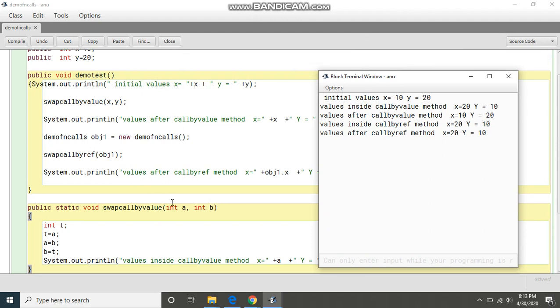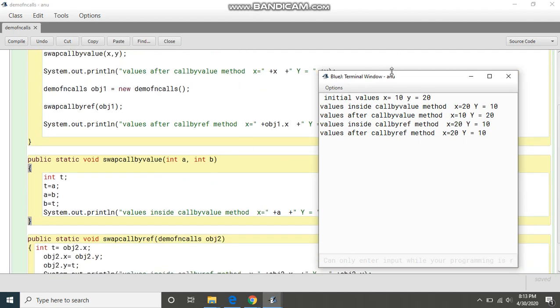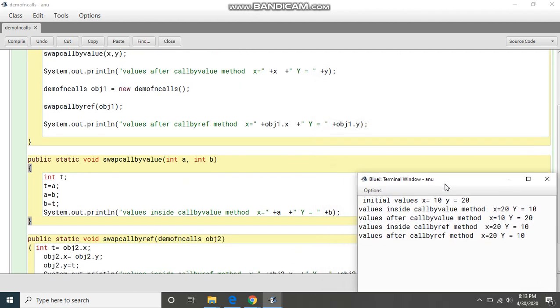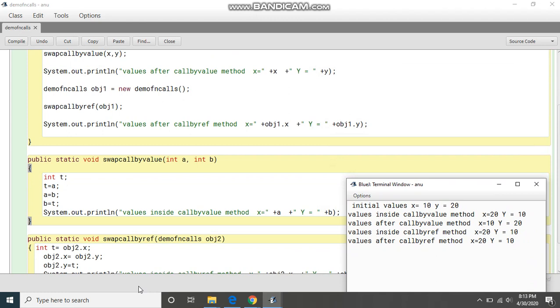That means x will go to a and y will go to b. So we are going to see what is written here. The values inside the call by value method are x is equal to 20, because we are changing the value of x and y, but the x value has gone into a. So a is equal to 20 now and y is equal to 10. The changes are made here.